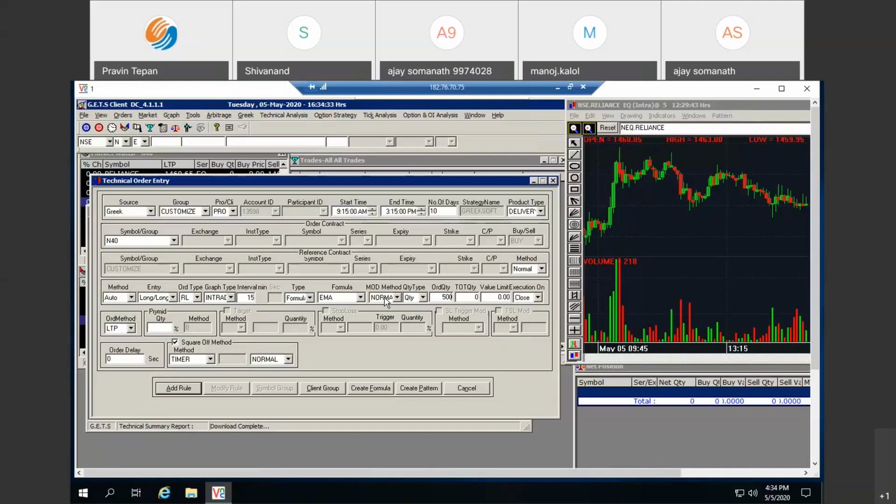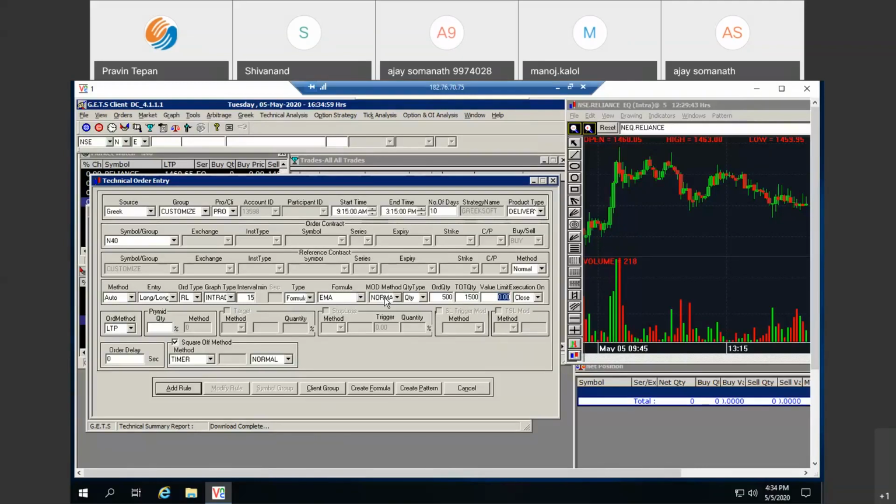So let's suppose the exit happens. Now if you want to trade again, then the total quantity comes in. So let's say I have placed a total quantity of 1500. What it means is that for every buy order of 500 quantity, it will place it 3 times. That means for three crossovers, it will place an order of 500 quantity.